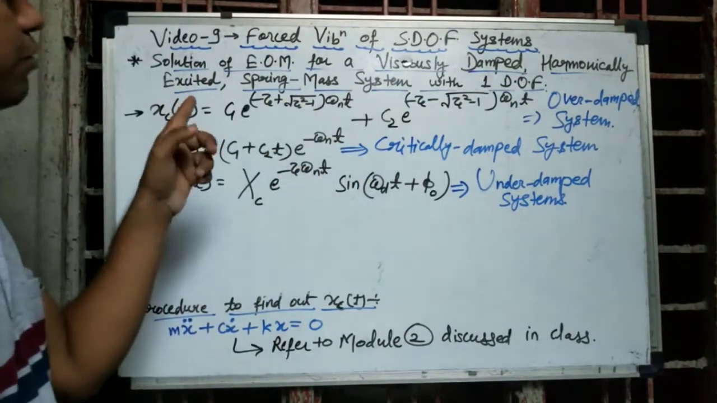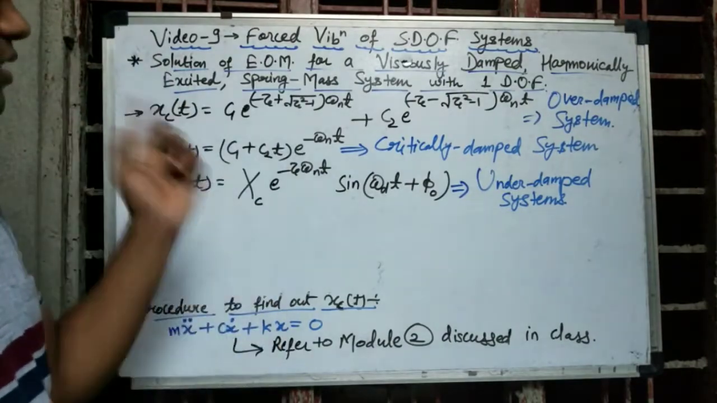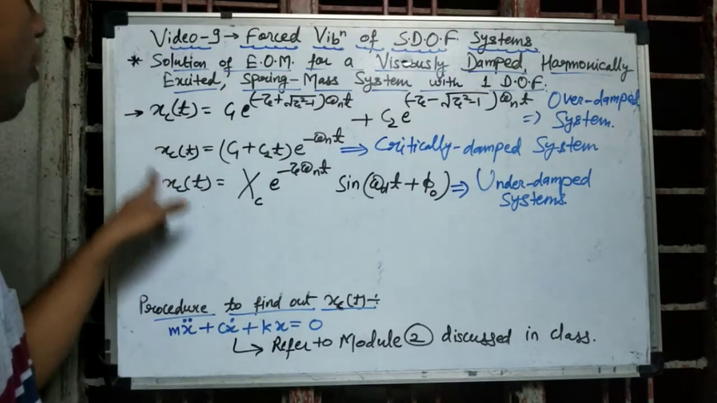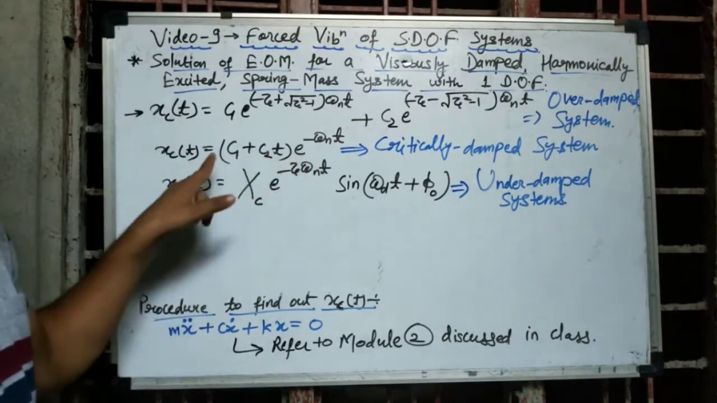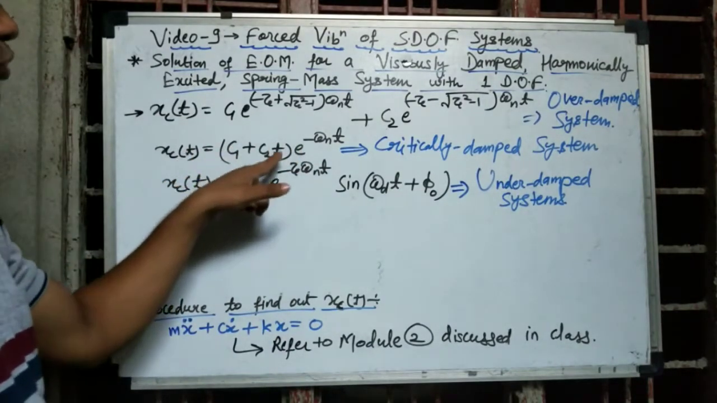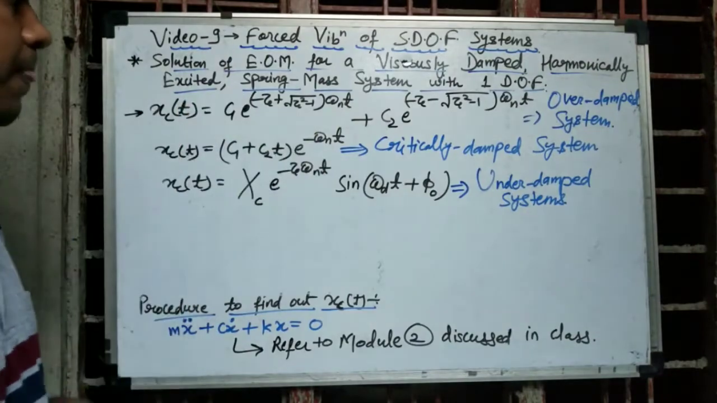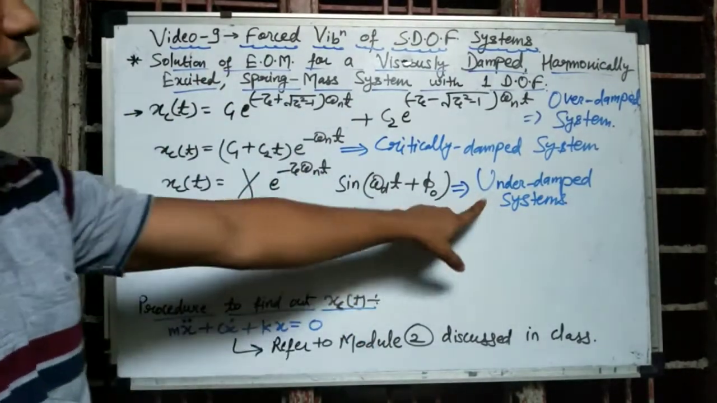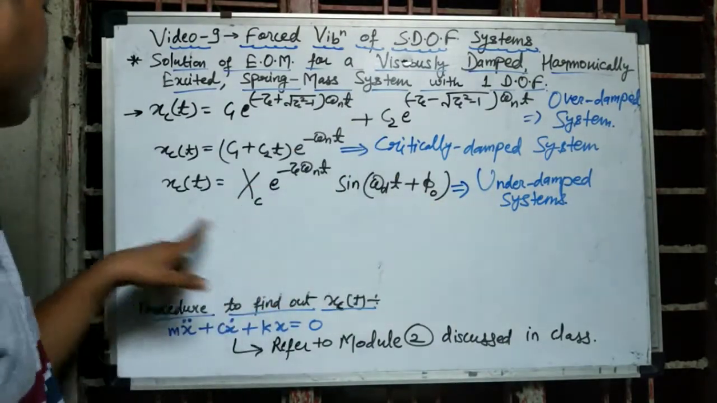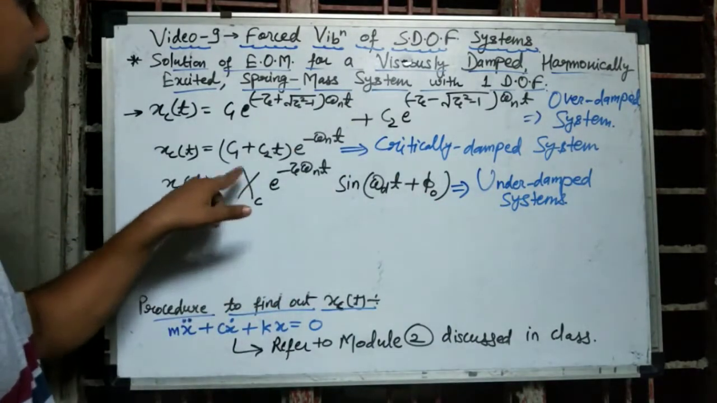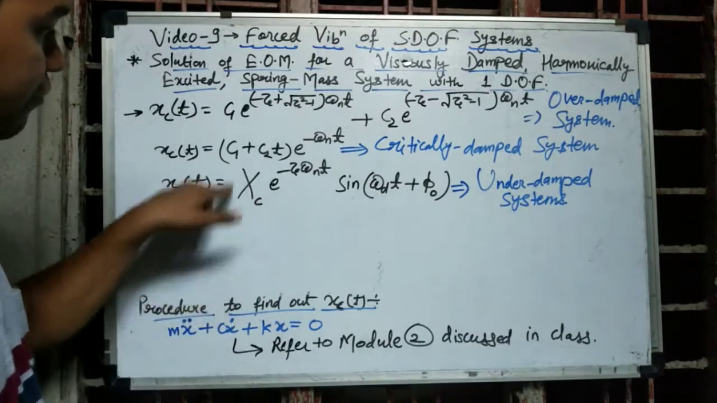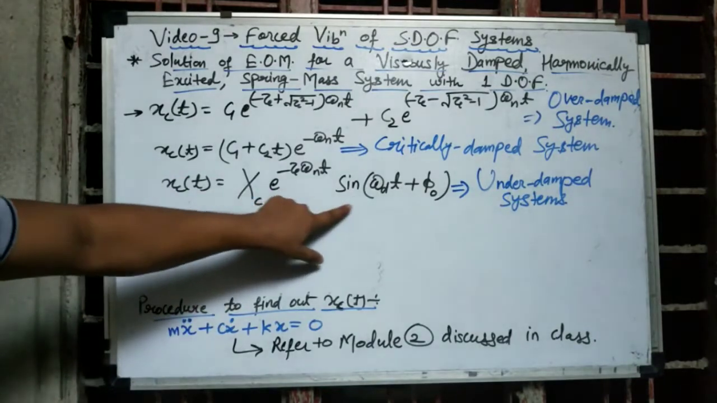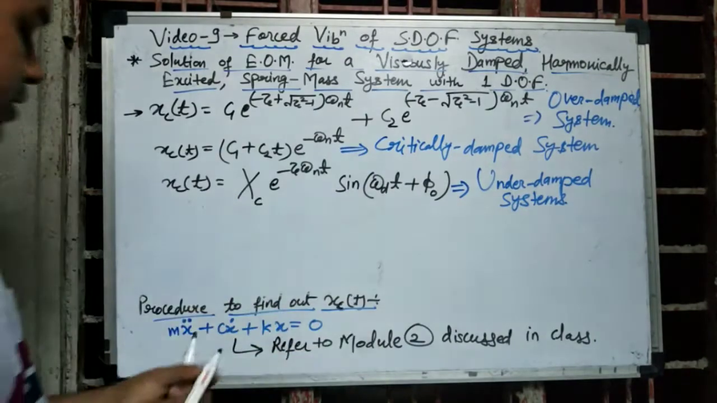If zeta value in the problem is equal to 1, that means the system is critically damped, and the formula for x(t), the complementary function part, will be this one, (c1 plus c2 t) e to the power minus omega n t. If the zeta value given in the problem is less than 1, that means the system is underdamped, and the formula for complementary function will be capital Xc, that means the amplitude for complementary function part, into e to the power minus zeta omega n t into sine omega d t plus phi naught, where